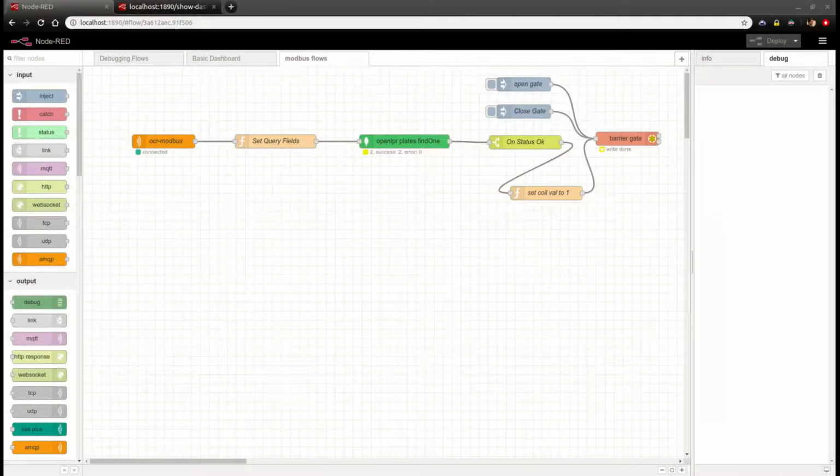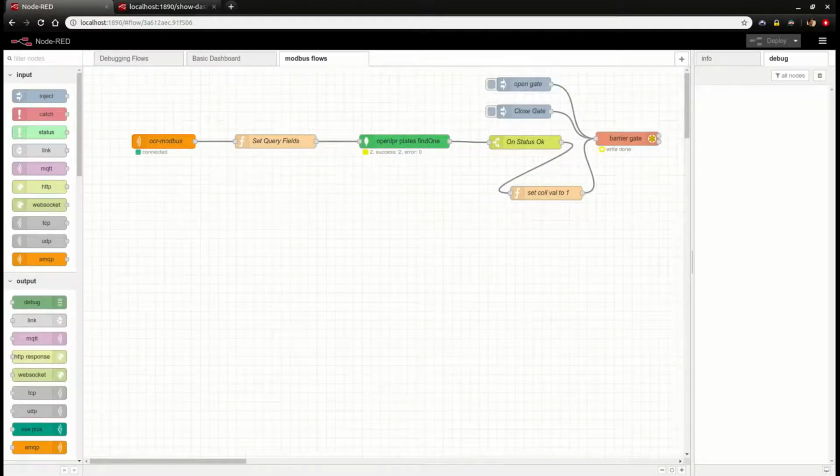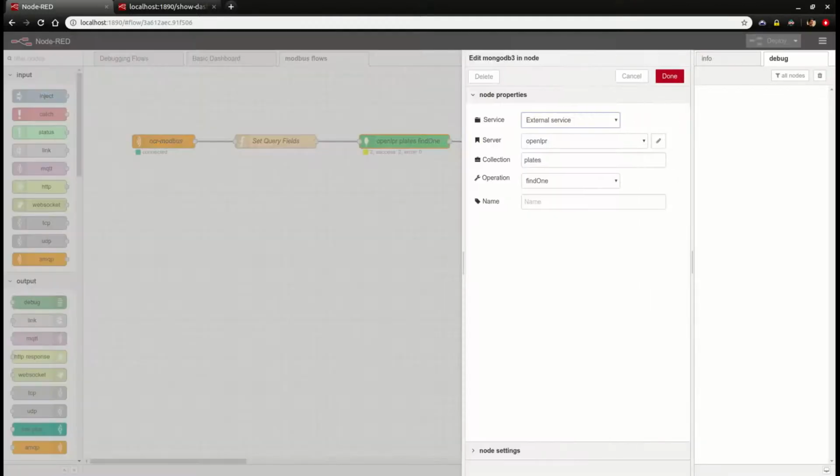What you see on the screen are a couple of Node-RED nodes. We have an input node from AMQP, RabbitMQ. Whenever we perform an OCR successfully, a message is published onto this topic. The message is then read and fed into a function node where we discard all the unnecessary information, and we only set the detected car's plate number into a field called number, which is later passed on to the MongoDB node